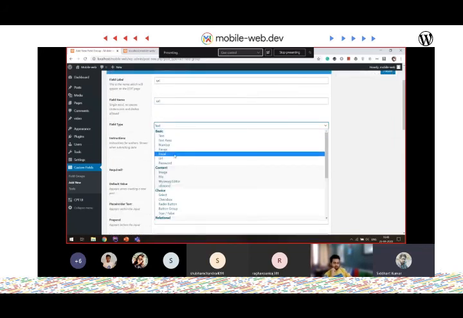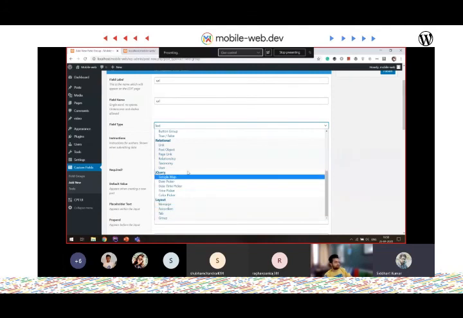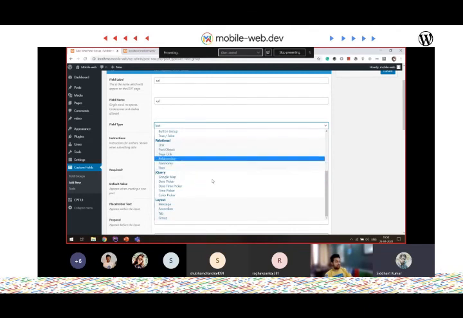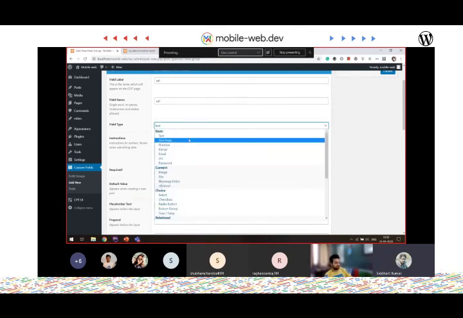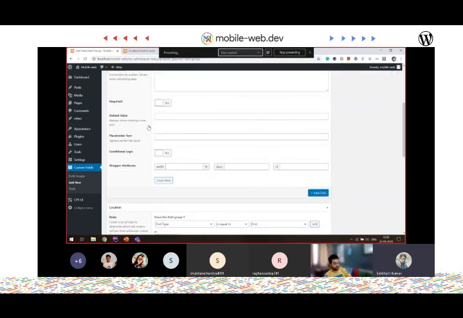And another thing, you can add a lot of fields here if you want. You can create tabs, you can create groups. If you go for Pro, you will have a repeater, and repeater is a very good thing to do UI work. You don't need to create it by code. You can just create it by UI using drag and drop. But WordPress is not drag and drop like that. Okay, so I'm going to use a URL field.